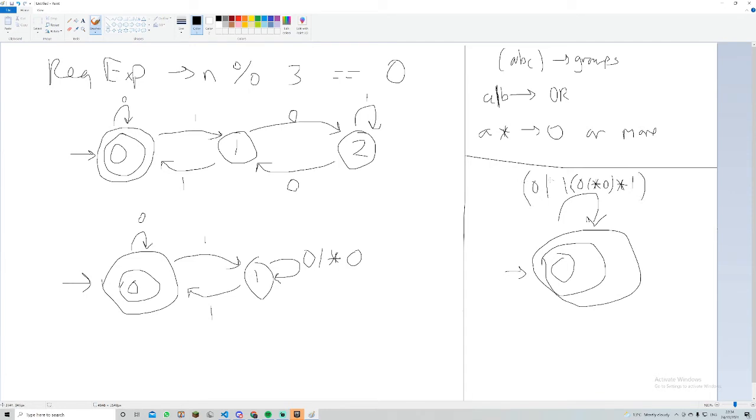This is our expression, 0 or 1, 0, and then all of that. That is how you get from a binary number divisible by 3 to another binary number divisible by 3, by following this. And so back to our regular expression, to test whether a number is divisible by 3, this is not the end,